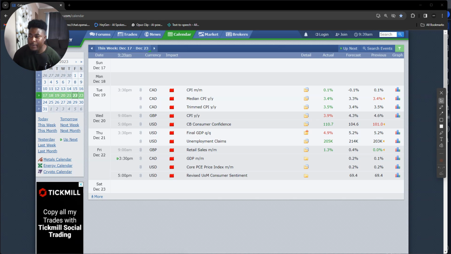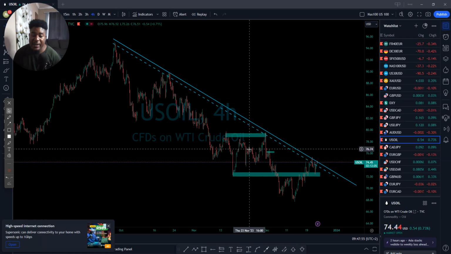What's really happening? We are on an economic calendar. We're not going to get some crazy moves, obviously. But today's Friday. We have GDP from Canada. We also have PCE from the US, and the other ones, consumer sentiment, I don't think is going to move the market that much. Don't expect some crazy moves. On the economic news, we don't really have much. I think we just need to go on the chart.